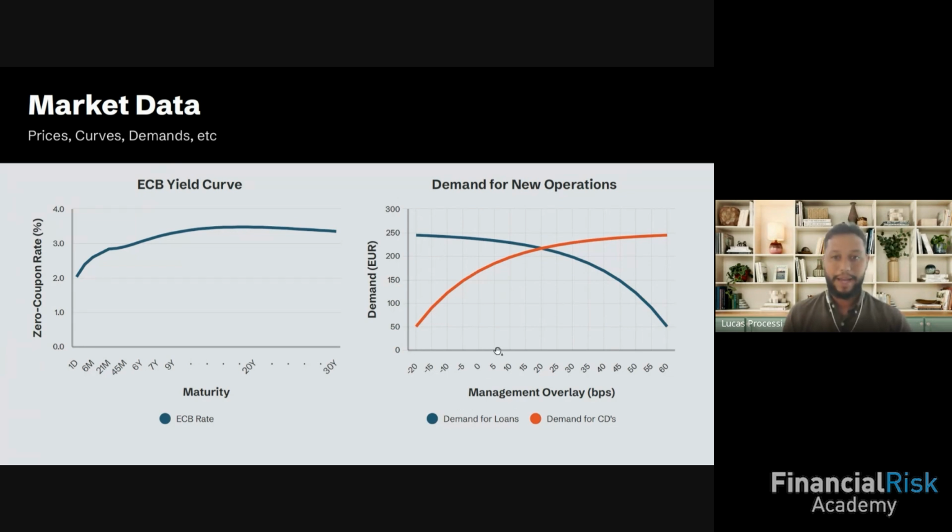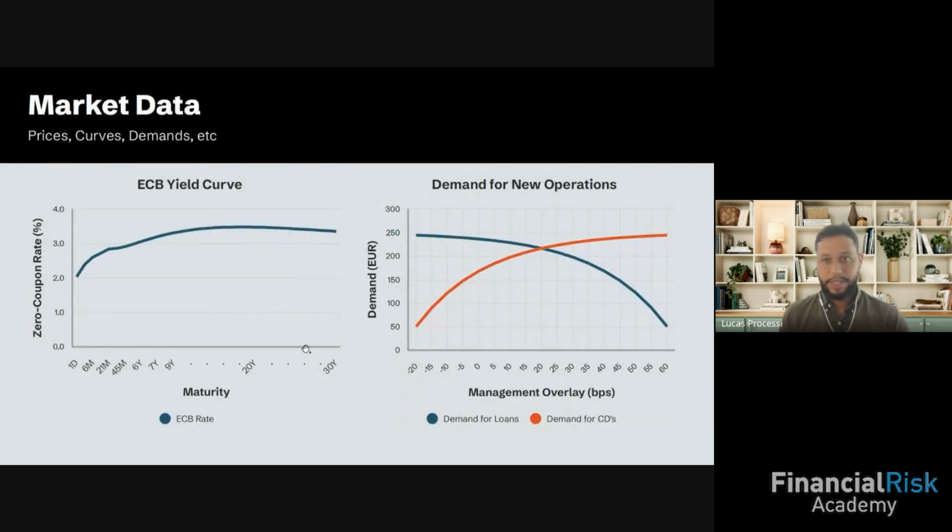Okay, so in terms of funding, if I'm giving a higher rate to my depositors, I'm going to capture more of the market share of the demand for certificates of deposit. On the other hand, if I'm charging more to my clients, right? I'm going to have a smaller share of the market in the demand for loans. Okay,